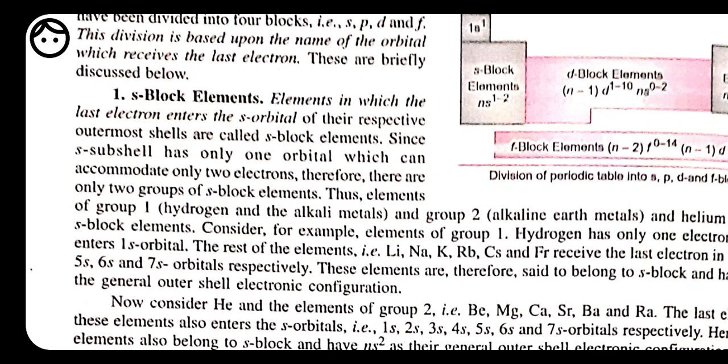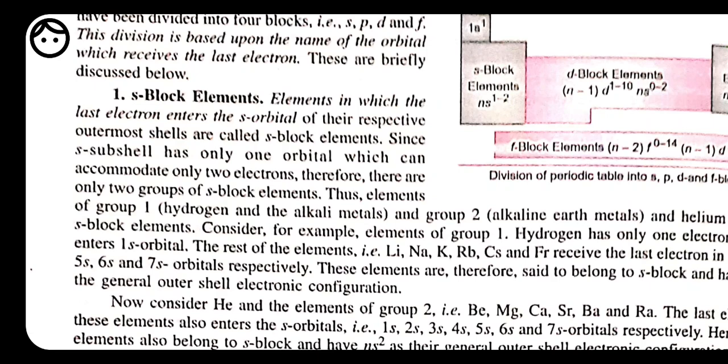Okay, next property: they are soft metals with low melting and boiling points. Comparatively, most metals are very hard, but whenever we are talking about the metals of only the s block, always keep in mind, students, that we are talking about the metals present in the s block. We have metals in the d block also, in the p block also, or in the f block also. But here we are not talking about those metals present in different groups. Here we are talking about the metals present only in the s block. These metals are soft, and they have low melting and boiling points.